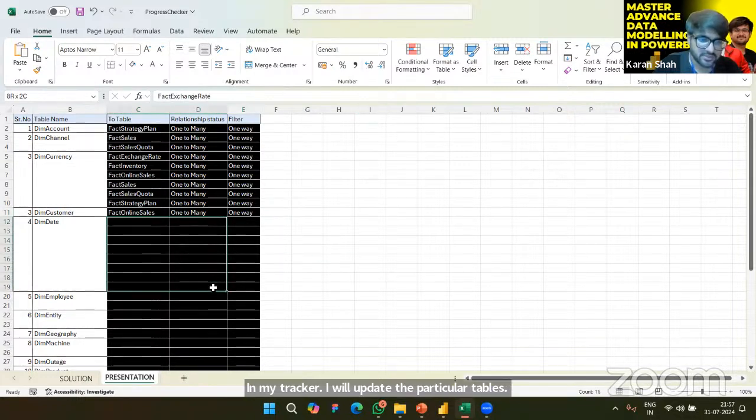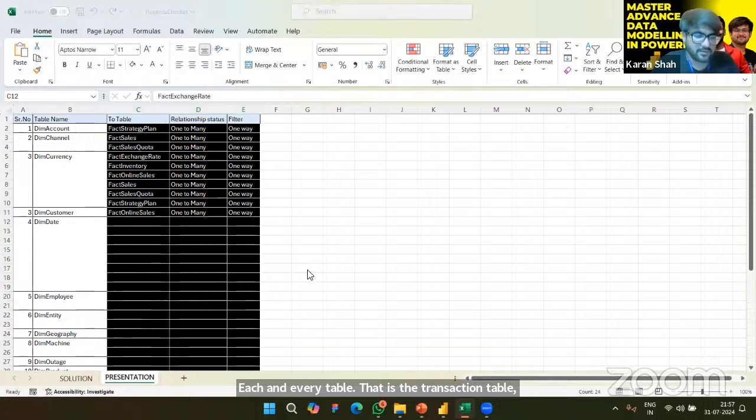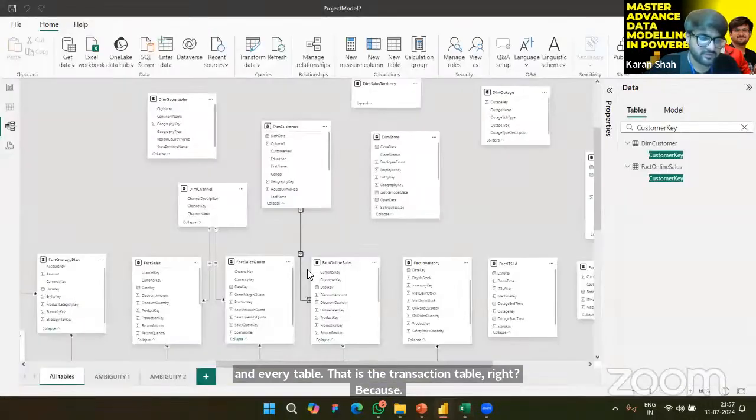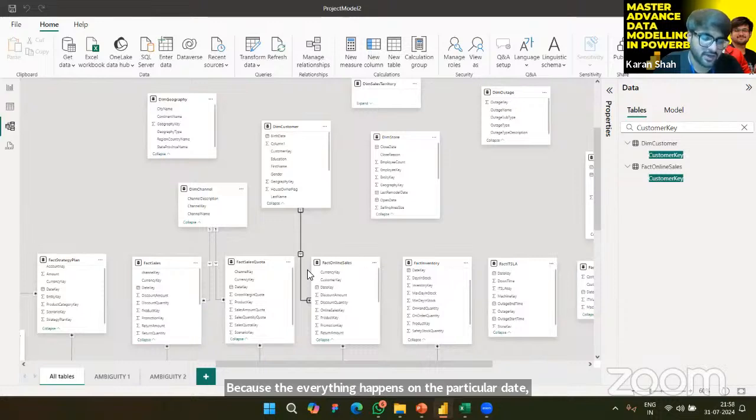Now is the dimension date table. One of the key things that you need to note is that whenever you are given a particular project, in 90% of the projects in Power BI, the date table would be connected to each and every transaction table, right? Because everything happens on a particular date, right? Whenever we are writing some data, whenever we are creating a